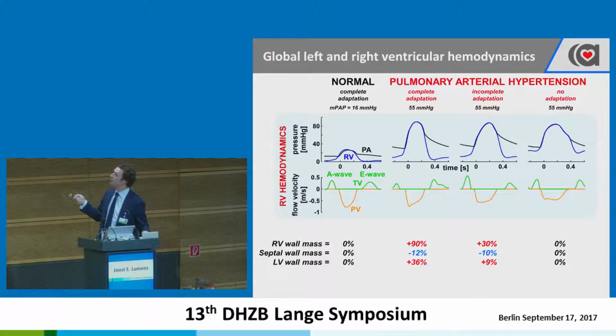So we have flow velocities across the valves. The interesting part here as well is that you see that the morphology of the outflow pattern does change with the level of decompensation. I don't know exactly why that is, because we didn't do an in-depth analysis of that,